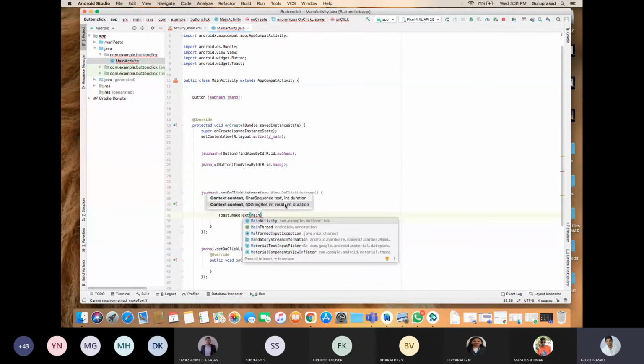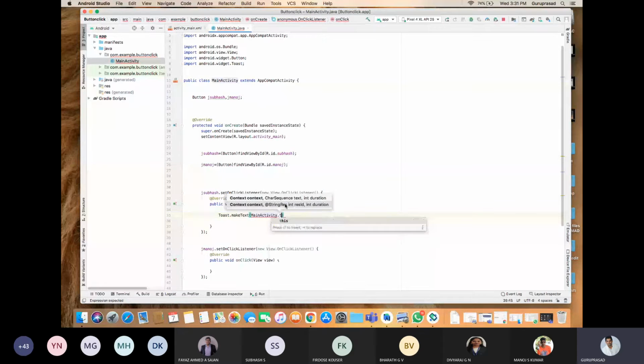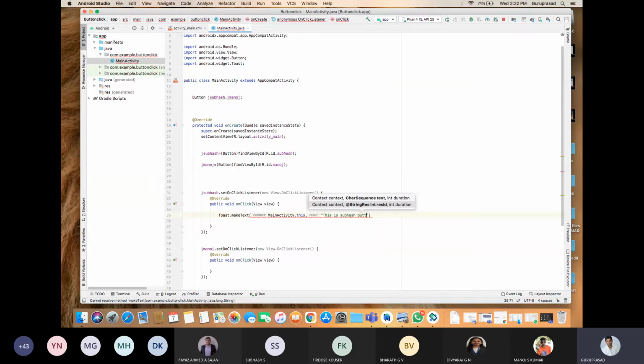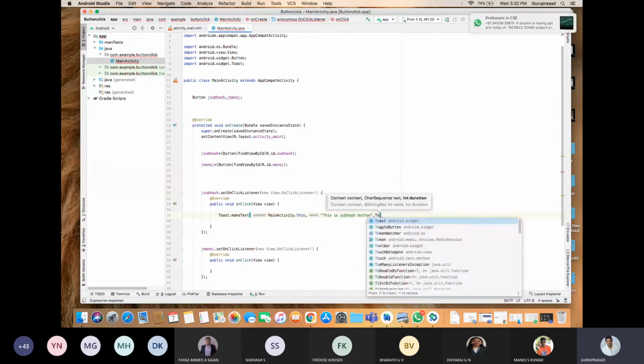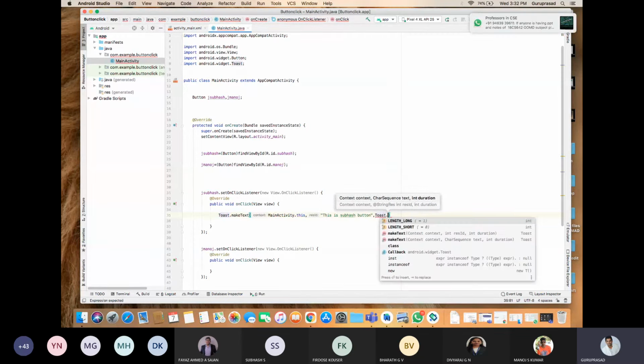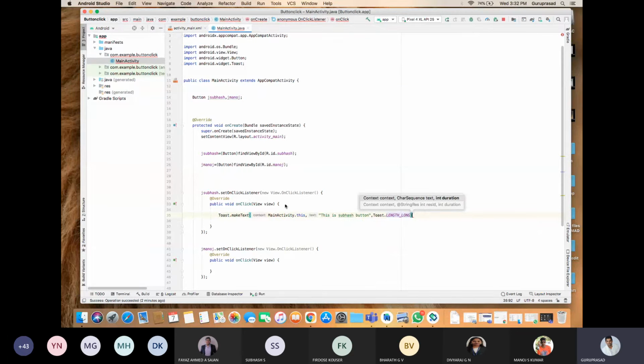In MainActivity.this. What do you need to make? This is Subhash button, comma. How long do you need to toast? Toast.LENGTH_LONG only, dot show.